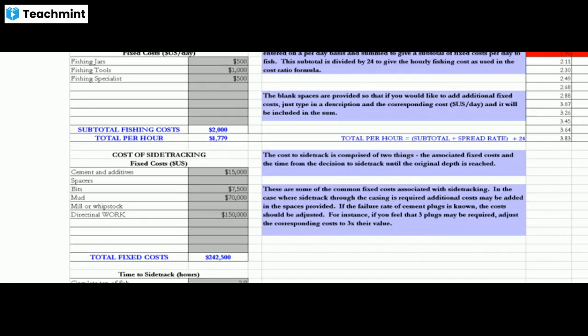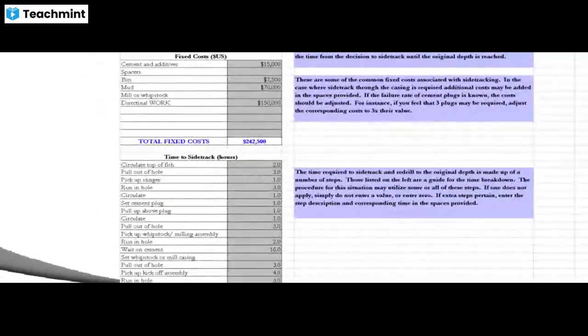And these are some common fixed costs associated with side tracking. So in this case, where side track through the casing is required, additional cost may be added in the spaces provided. If the failure rate of the cement plugs is unknown, then the cost should be adjusted. For example, if three plugs may be required, adjust the corresponding cost to three times their values. So you can see the values